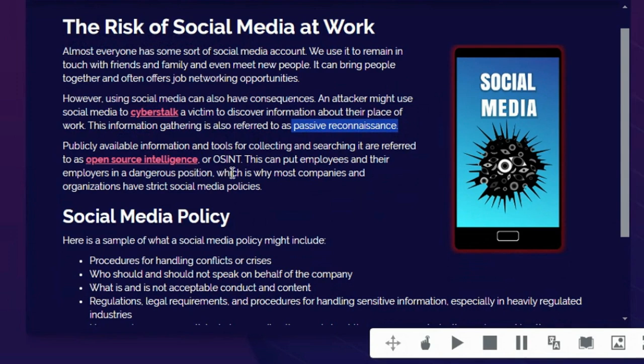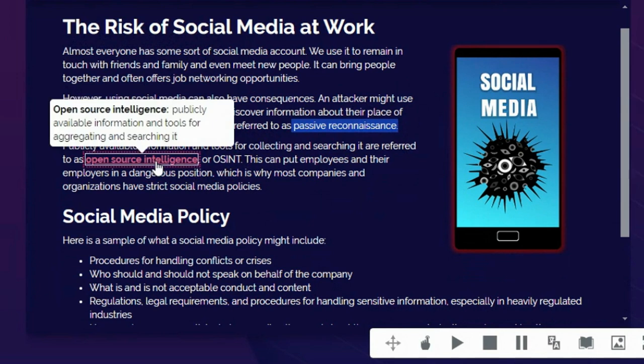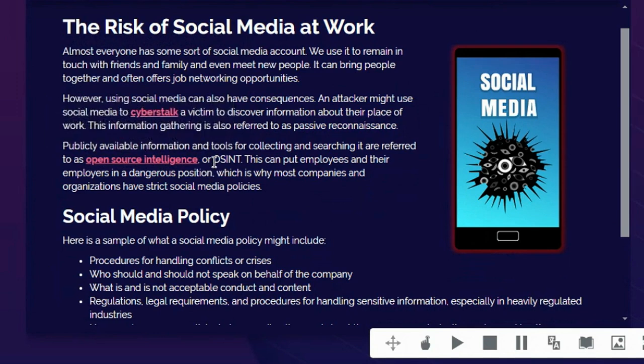Publicly available information and tools for collecting and searching it are referred to as open source intelligence. It's publicly available information. If it's open source, that means anyone can see it. Nothing's hidden, nothing's secure, and so it's publicly available information and tools for aggregating it and searching it. OSINT. This can put employees and their employers in a dangerous position, which is why most companies and organizations have